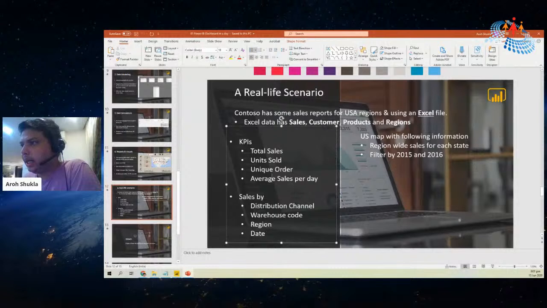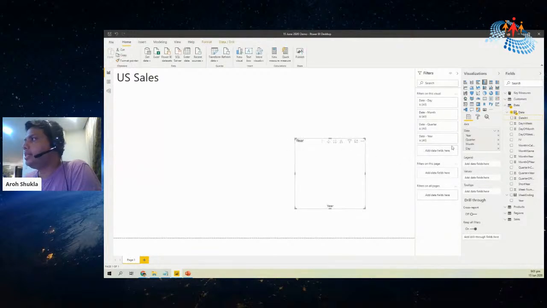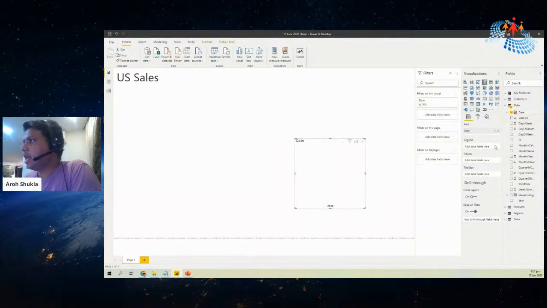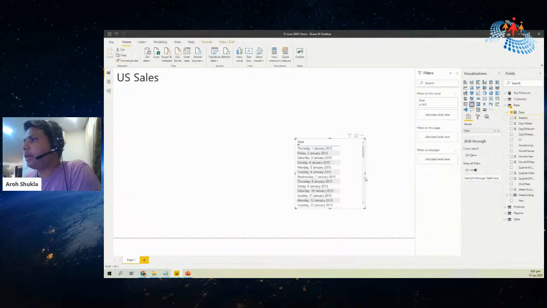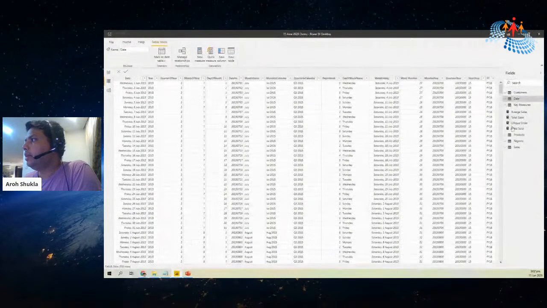They want to see the sales by date. So let me go by sales by date. Here I'm going to Sales. Rather than going for the hierarchy, I just filter by date and I see the date format. One thing to highlight is that it is not a good format for reporting. So what I can do on the tables, right? On the tables under